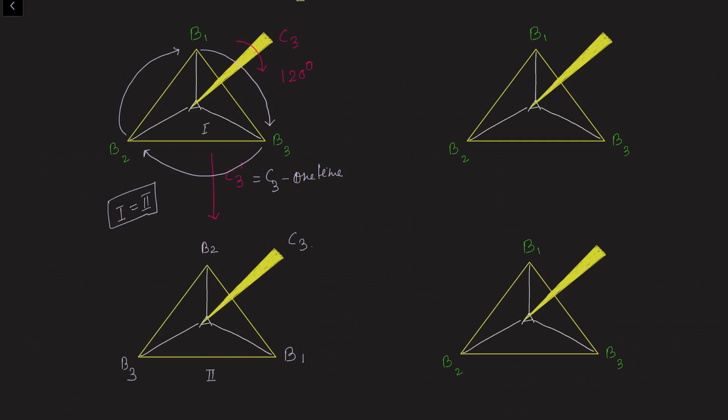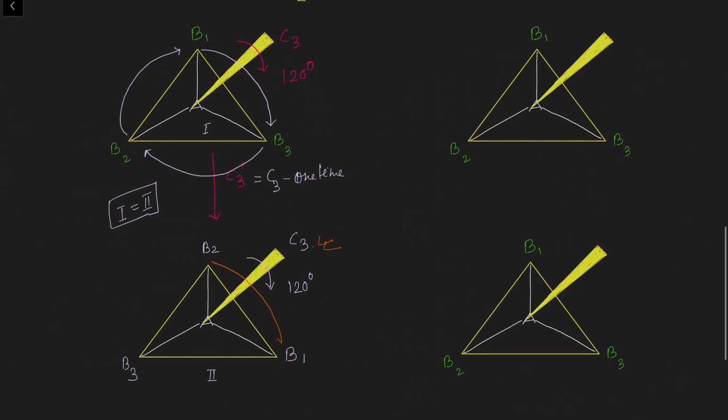Now again perform the C3 operation on this molecule, meaning rotate this molecule by 120 degrees. When you rotate this molecule about the C3 axis, B2 will interchange its position with B1, B1 will interchange its position with B3, and B3 will interchange its position with B2. So after performing this C3 operation the second time, the new position of all the B atoms will be like that. B2 will be here, B1 will be here, and B3 will be here,